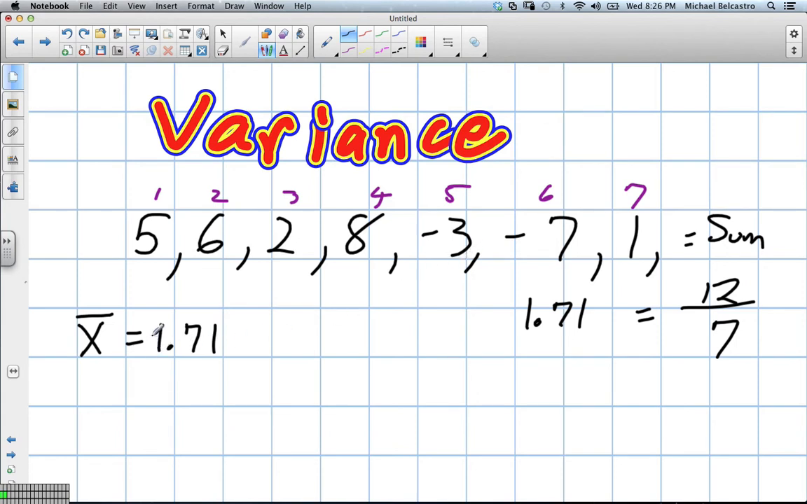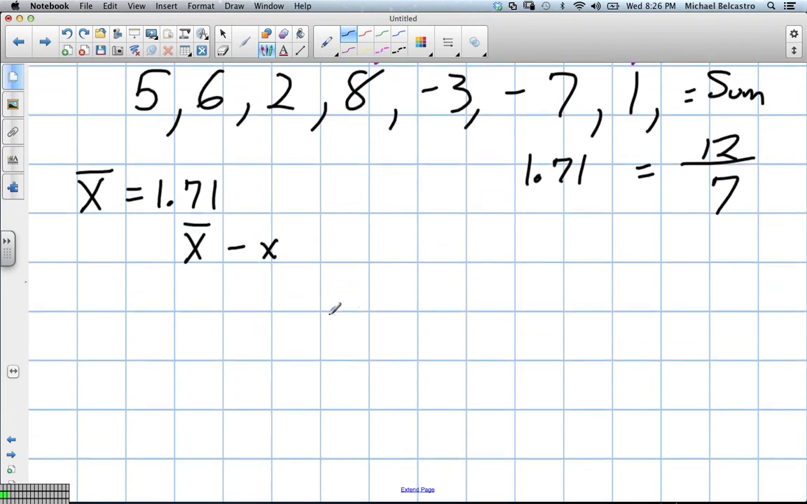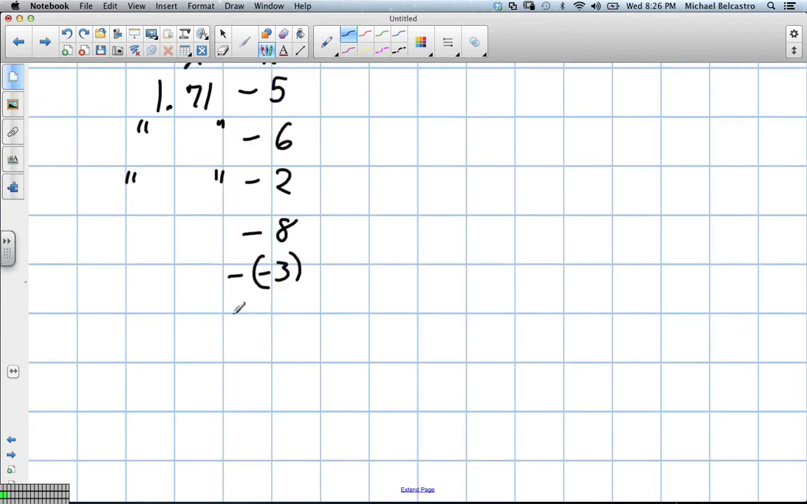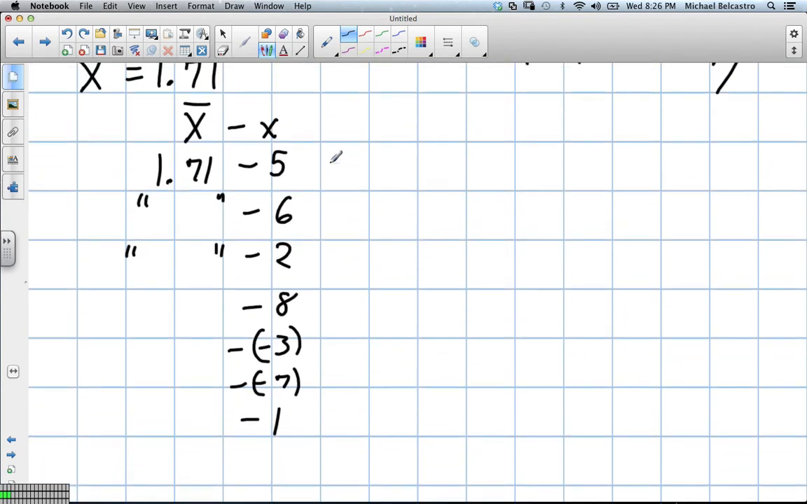So now that we have that, we then take the mean and we subtract by all of the original x values. Okay? So we set this up like a table. 1.71, and we just repeat this all the way down, and we subtract by each value. So in the first case, 5, then 6. We can do it in order, but it's fine. 2, then 8, and we subtract by negative 3, by negative 7, and then we subtract by 1. Okay, so when we go through that,